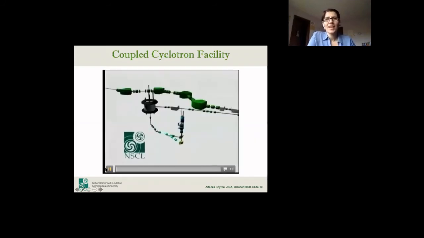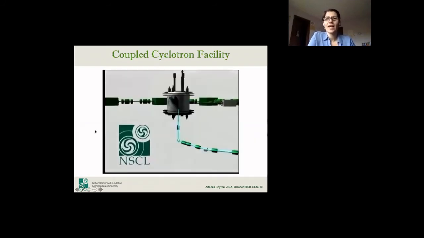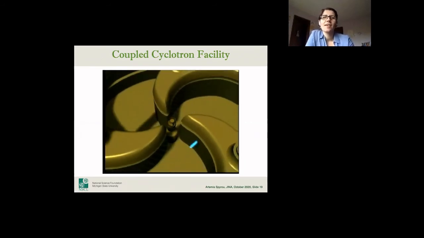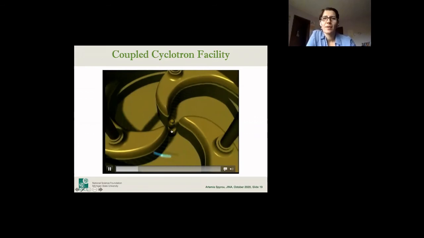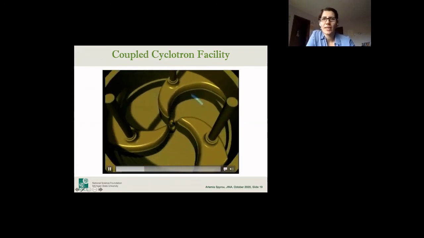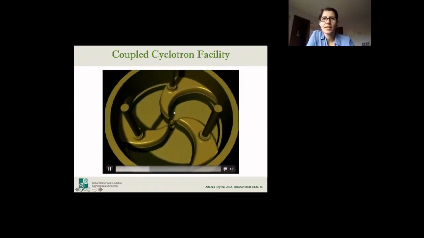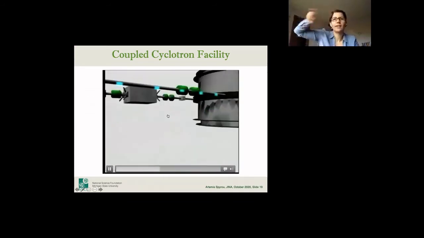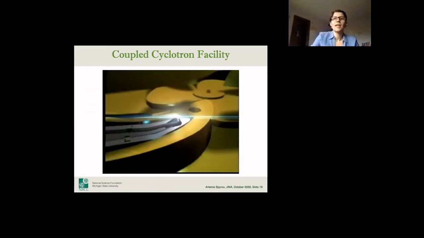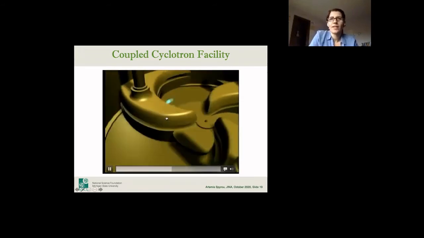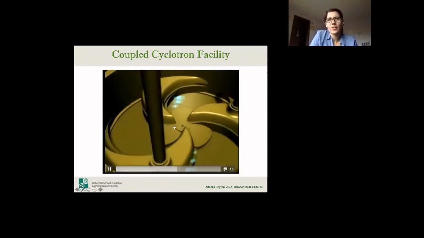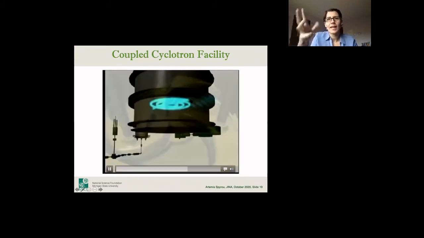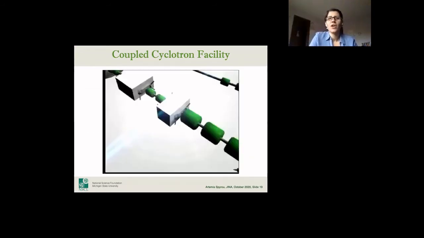So here you can kind of see the current facility and how it produces its beams. We have two cyclotrons. And so you would get the beams of particles injected in the center of the cyclotron. And as they go faster and faster, the radius gets larger and larger. And at some point when you have accelerated to the energy that you're interested in, then you can extract that beam and then guide it into your experiment.